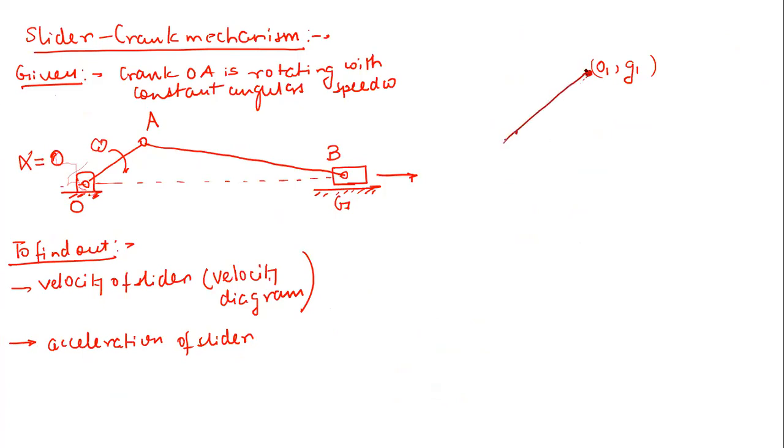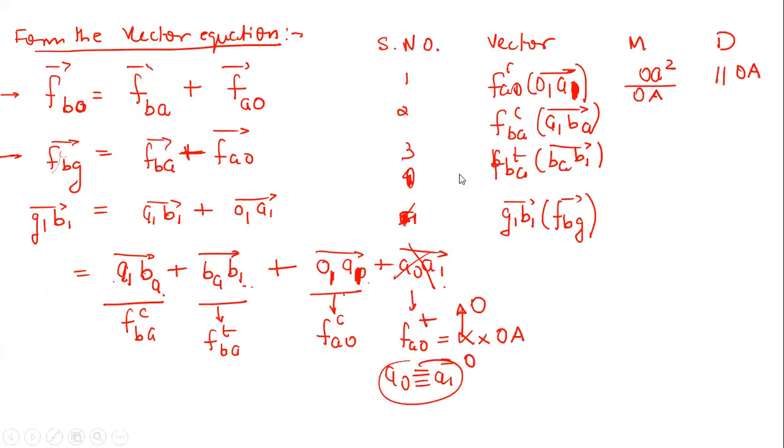Since there is only one component, there is no need to draw it with a dotted line; you draw it with a solid line only. So this is your O1A1, right? Now let us move to the next vector, A1BA. We already located this point, so it is very easy to go for the centripetal component first. That is why we will start with the centripetal component first in the table, right?